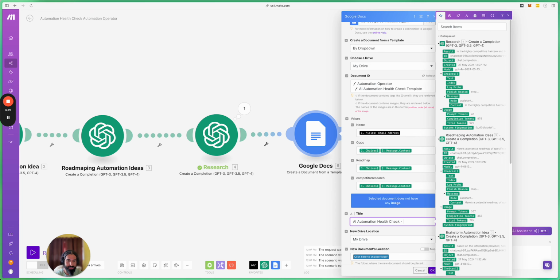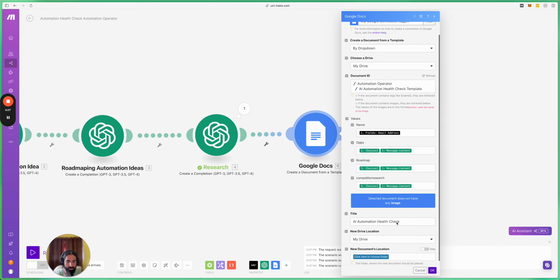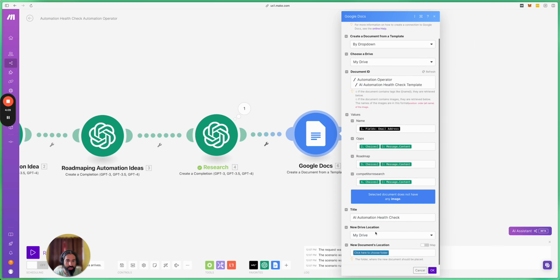That's a modification that you guys can do further in your own time. So let's just leave it pretty basic. And then it's going to ask us, where do you want the new document location? So I'm just going to put that in that folder. You might want to have a specific folder that you output these reports to, right? So I'm just going to put it in that automation operator folder, and we're just going to hit